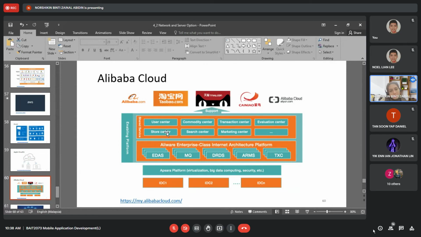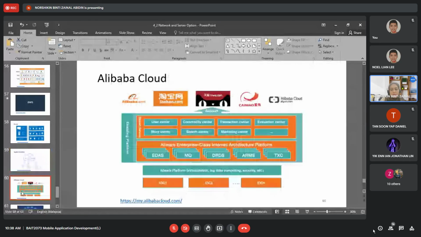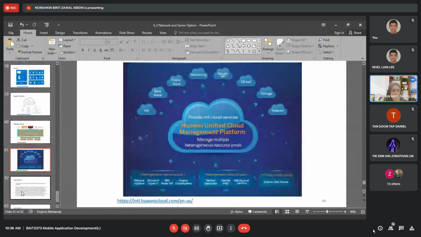However, here they have the same function actually. This one is the standard service that they have, user center, store center. And then Aliware Enterprise Class Internet Architecture Platform. Yeah, Alibaba Cloud. These two I cannot explain much, Apple and Alibaba, because I'm not a user of any